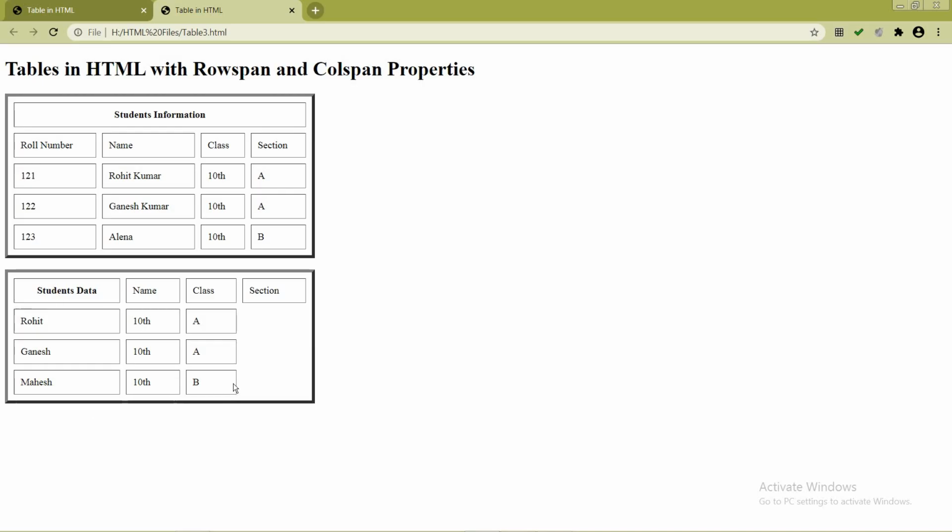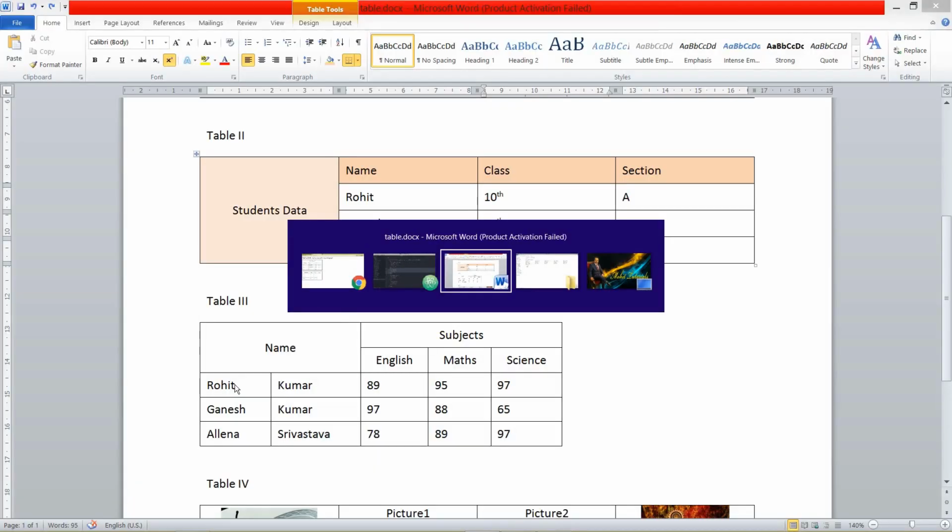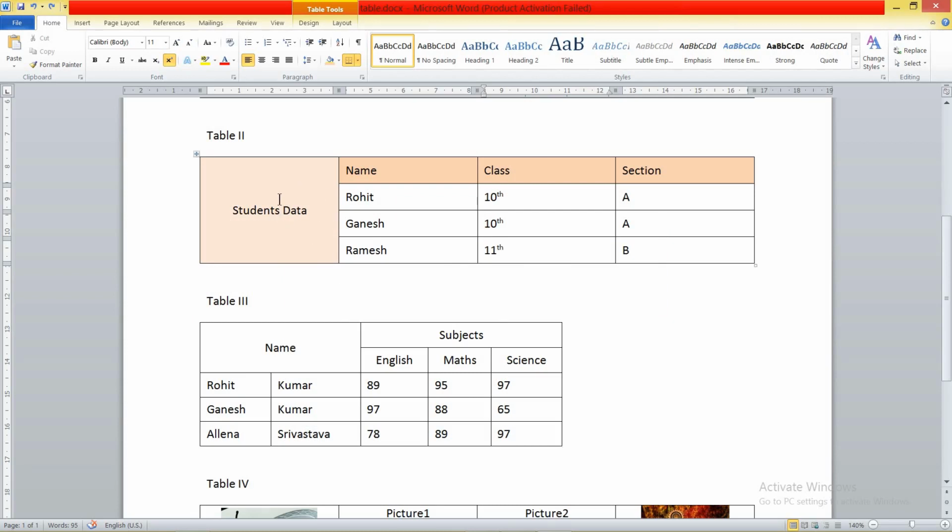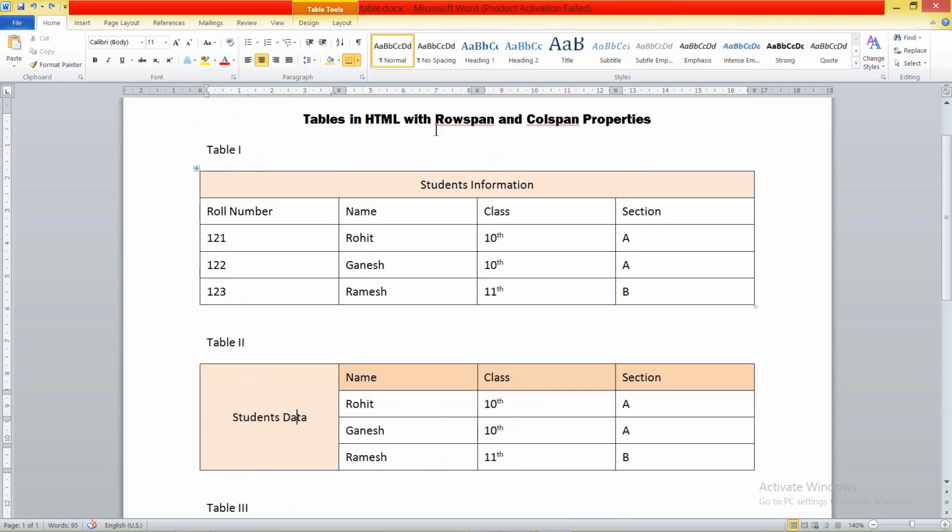This is the concept, but the actual concept is that I want to make the output like this. It means for the first row, just see, on the right side of this particular cell we have 4 number of rows, that is 1, 2, 3 and 4. It means this cell is equal to 4 number of rows. Where you want to join or merge the number of rows, you have to set this particular property, that is rowspan.